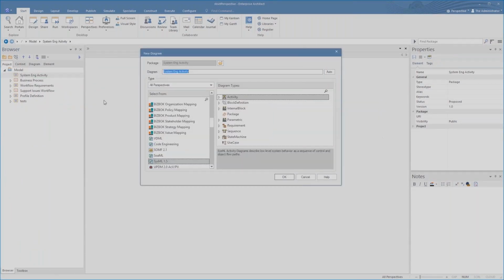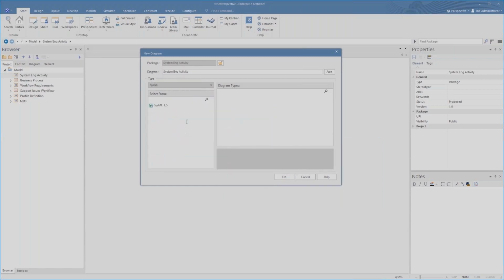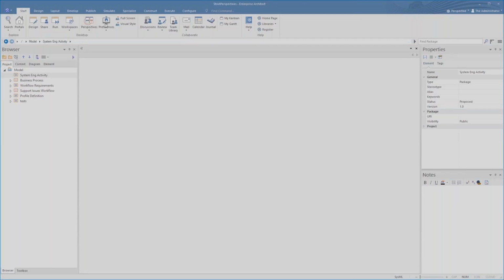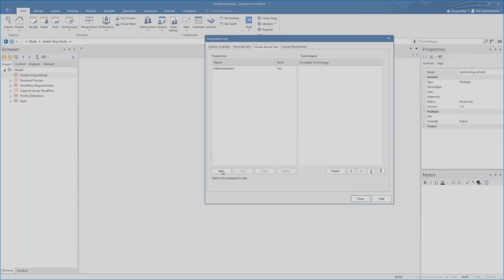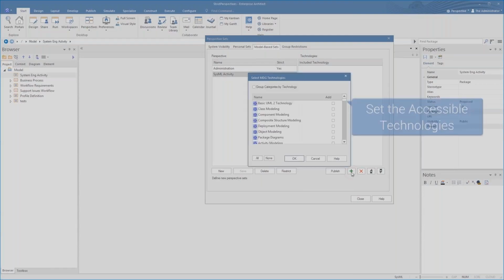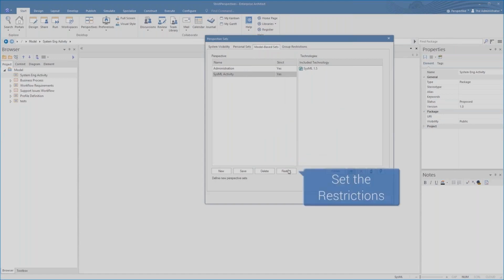You have full diagram access, and you can create whatever SysML diagram you like using all the SysML features, and it's quite comprehensive. However, what we would like to do is to be able to configure restrictions so that people, when they log in, can only access some tools. And many organizations find this useful. So you click on set restrictions, and then you can restrict what technologies are available. So you can specify so that, for example, a BA might only be able to access business analysis tools, and